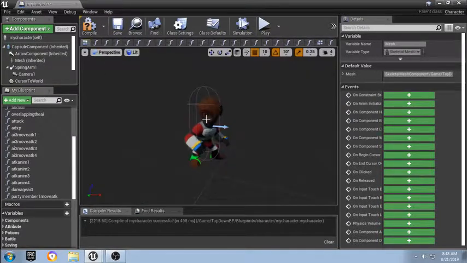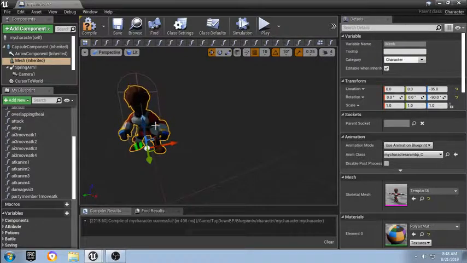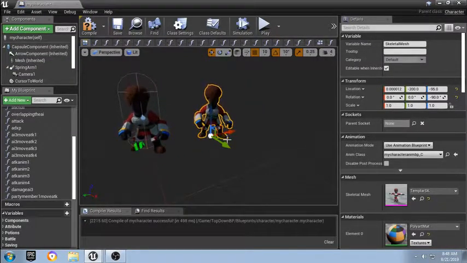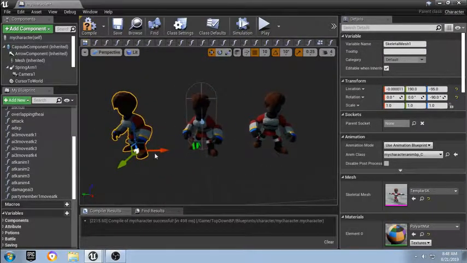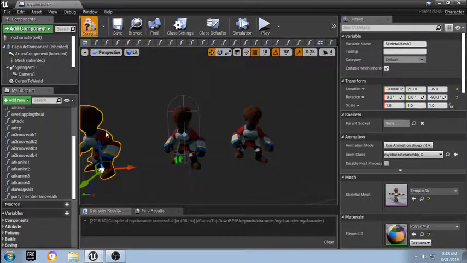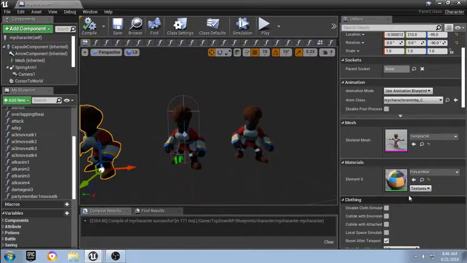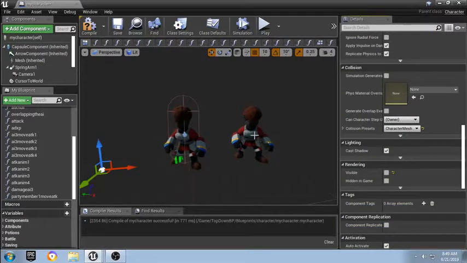And we need to go to the viewport, I forgot. We're going to grab our skeletal mesh, we're going to copy it, we're going to drag it off to the side a bit, copy it again, and drag that off to the side, and that looks good. Then we're going to set these native visibilities to invisible,